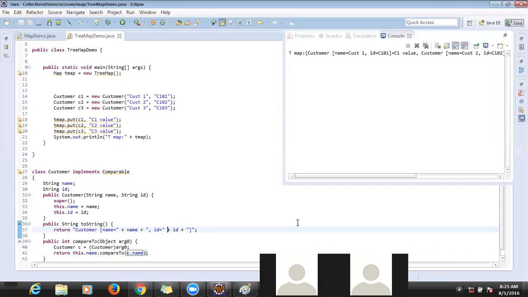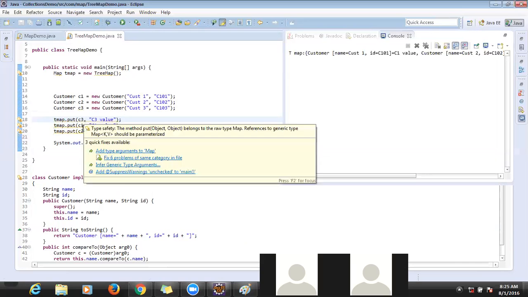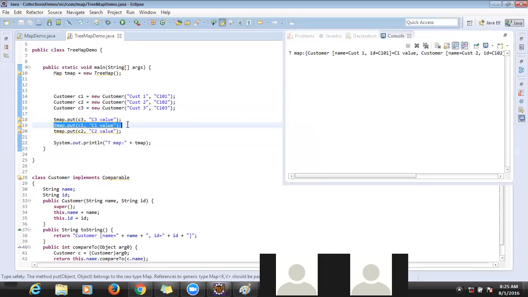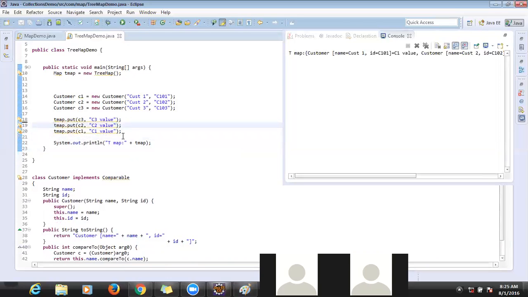Now did you see that there is no exception and it's displaying something? Okay, and now let me add these elements in a different jumbled way. So let me add C3 as the first. So now C3 I added first. After that I will add C2, and we will see whether it's sorting or not. So basically it is in different order, C3, C2, C1, right?